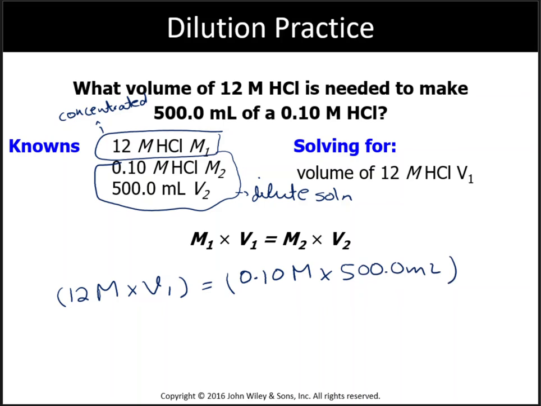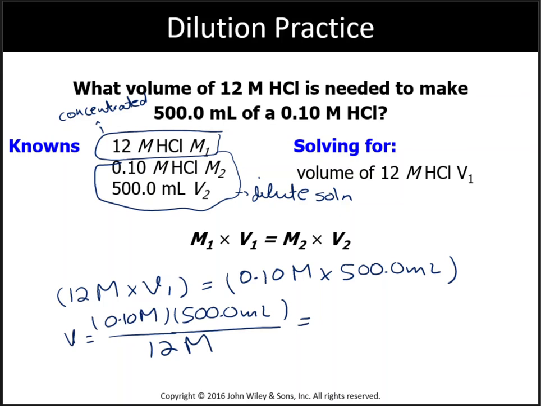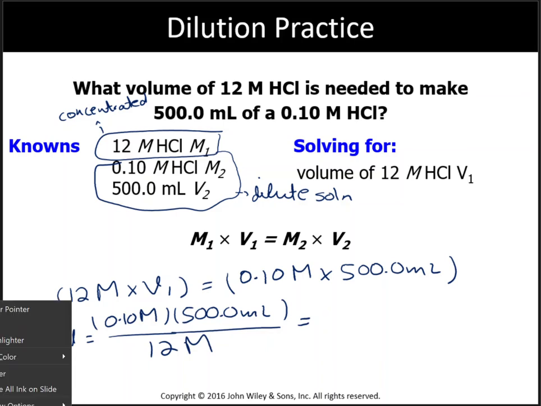So you could set this up, and from here isolate V1. So V1 equals 0.1 molar times 500 milliliters divided by 12 molar, which is 4.2